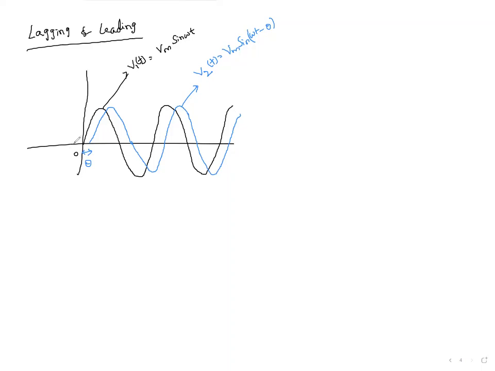Suppose this sine wave is starting from here. If this is the signal V3 of t, what is the expression you tell me? Vm sine, very good. Omega t plus theta. It is advanced. This amount again you say it is theta. Then it is sine of omega t plus theta.